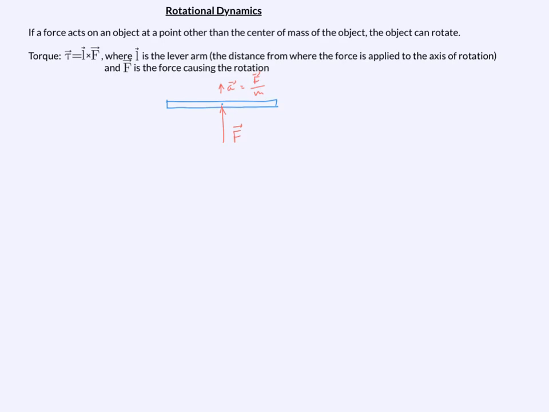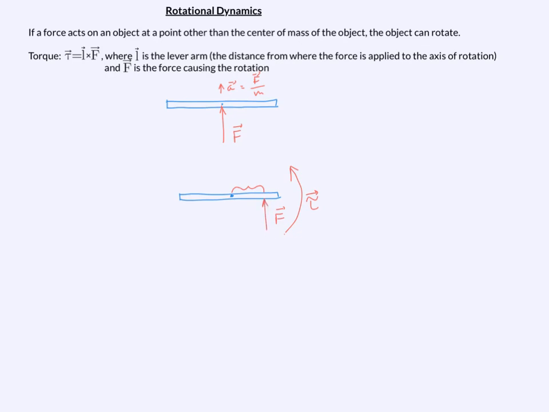But if I have the same beam, here's the center of mass, and the force is applied somewhere other than the center of mass, then this beam might rotate like this. And then we'll say that the beam acquired a torque, and that torque is equal to the cross product between the lever arm, that is the distance between the axis of rotation, possibly here, and the place where the